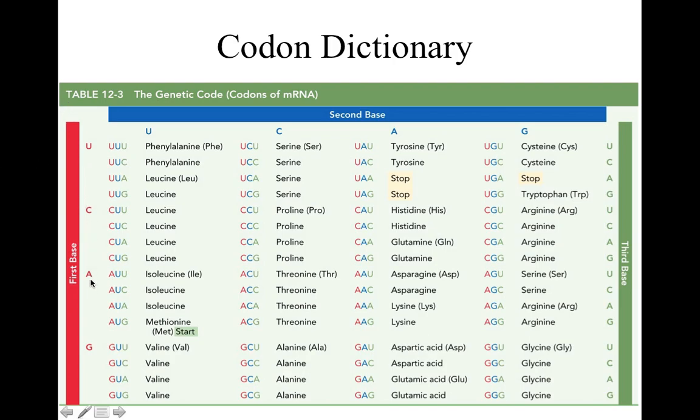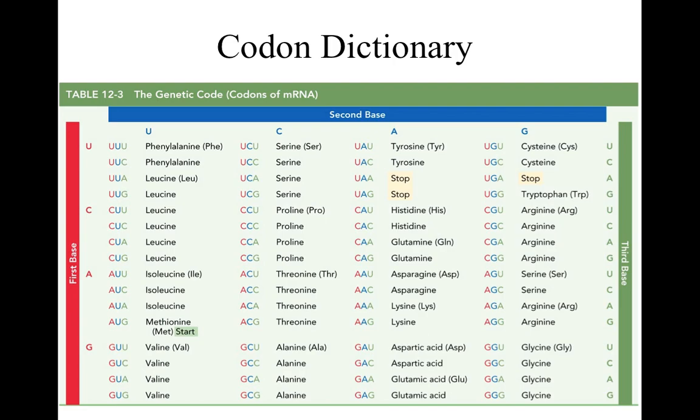Okay, stop here. Go across again to U. All right, we stop here, and then down to G. That's here, AUG. So if you wanted to do, I don't know, CGG, right? We go to C, then we go over to G, right? So here's CG, and there's 4 of them, and we go down to CGG. That codes for arginine. So you're able to, given the codon sequence of an mRNA molecule, determine the protein sequence